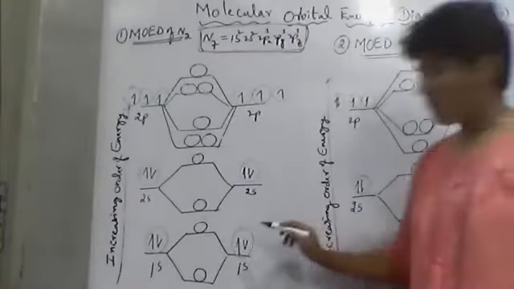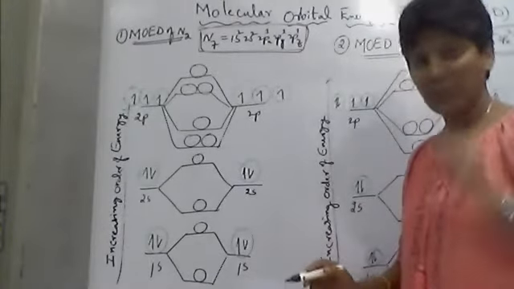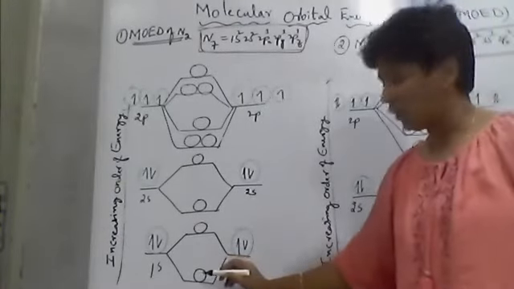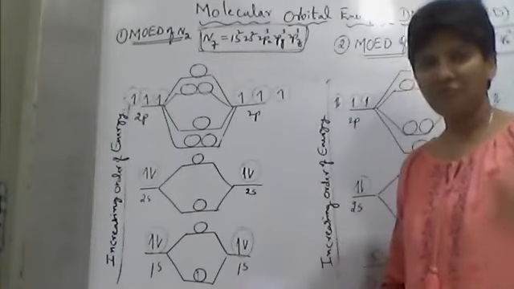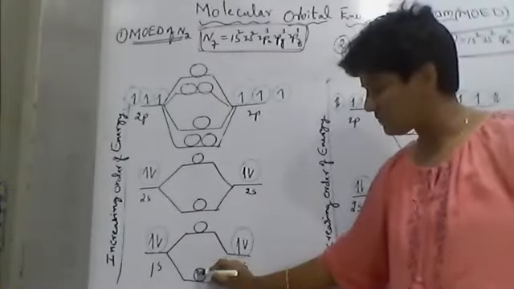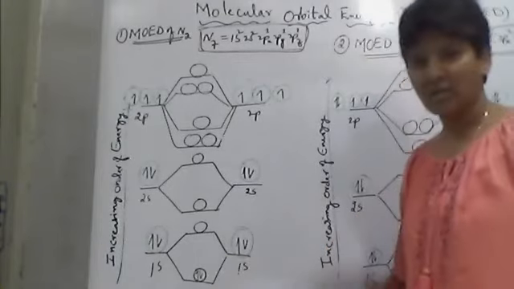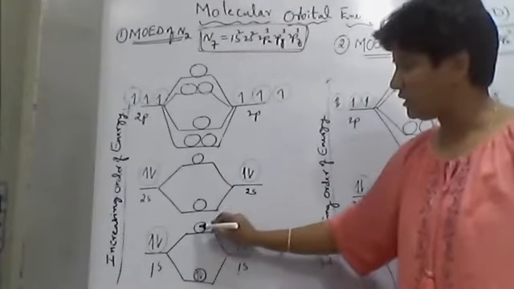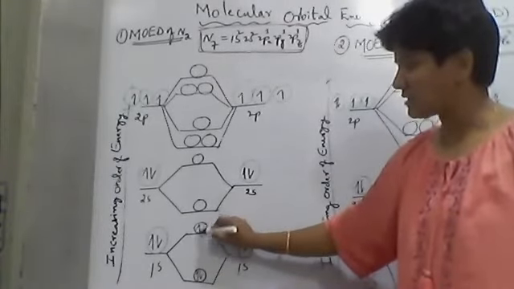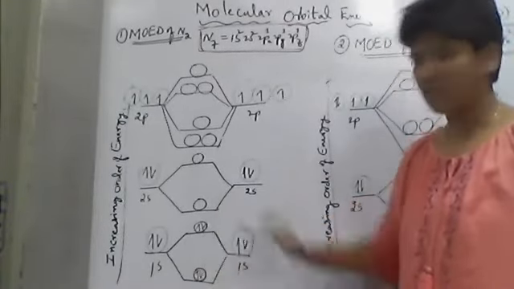So see here, 1s, two electrons. I'm filling the low energy first. So first electron, okay, out of four, first electron. Next, second electron. So how many electrons are left? Two more. After completing this low energy, I'm going to fill the high energy. This is the third electron, fourth electron.